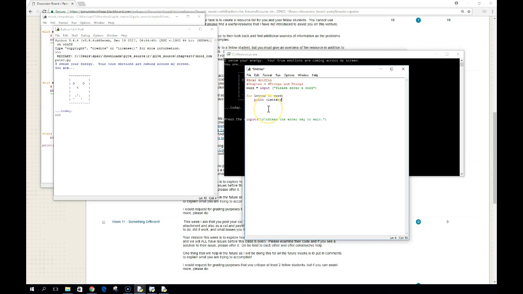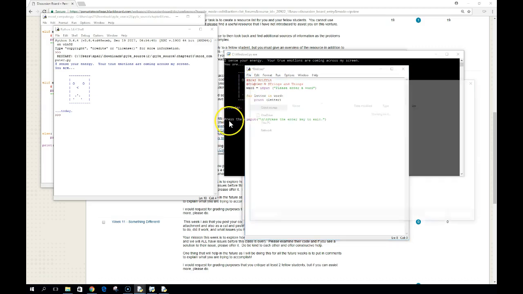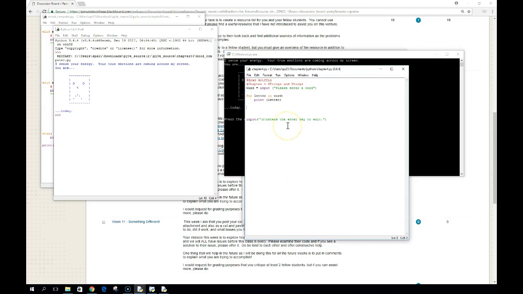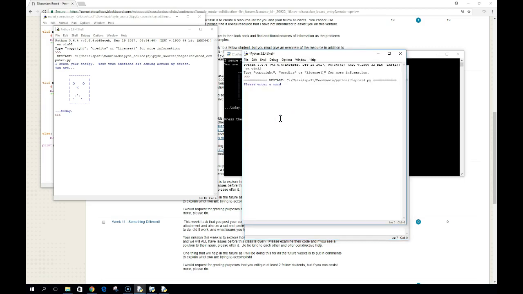so we'll take a look at this. This is kind of a cool little program. So I'm going to save it. File, save, wherever it happens to want to save it. Not there. Have it in my Python folder. I'm going to call this chapter 4, and I'm going to run this. And I'm going to enter